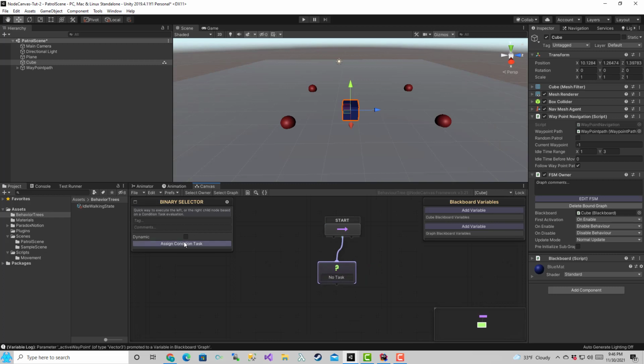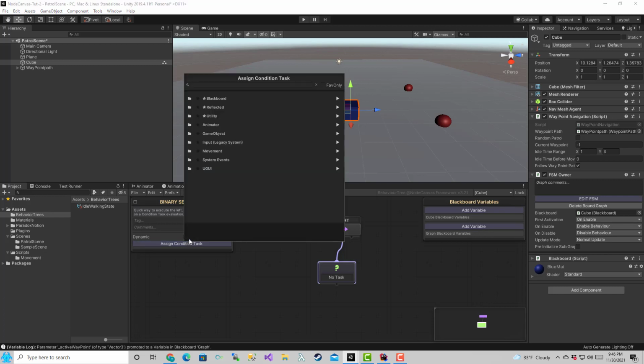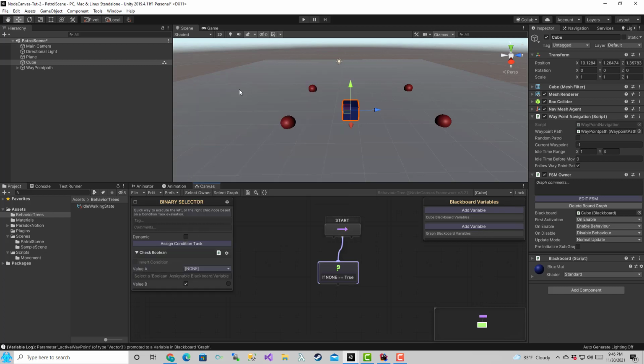And we're going to assign a condition task. So click on that button. And here we're just going to check Boolean. And you'll notice that there's a value A here along with a drop-down box. If you select that drop-down box, you can select cube, graph, or dynamic. So we're going to want to select cube, but before we can do that, we need to